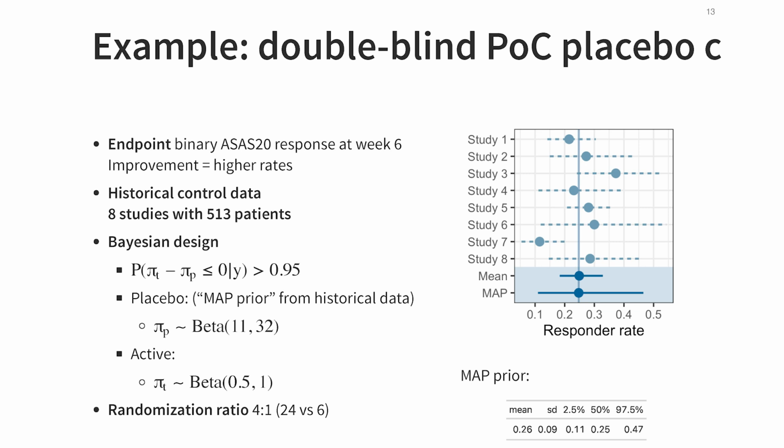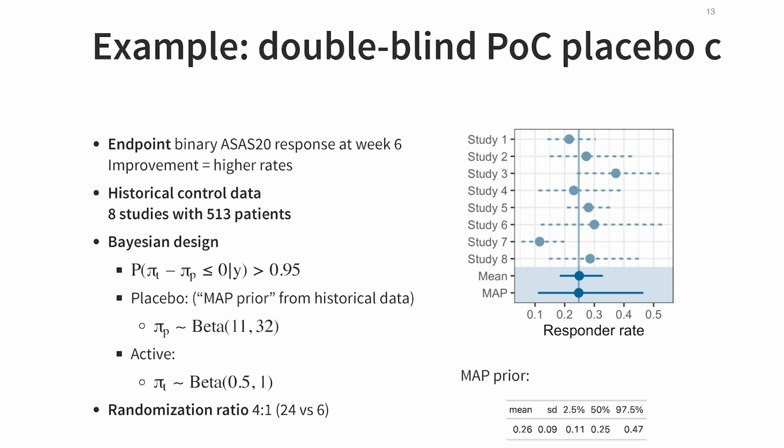At the time of planning the study, there was a big amount of data already available. In this indication, a number of trials have been run. And in this specific patient population, basically, 8 studies have been conducted prior to this trial, including overall 513 patients. Usually that data would be ignored because we would typically want to run it frequentist.